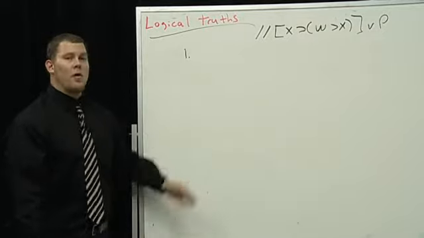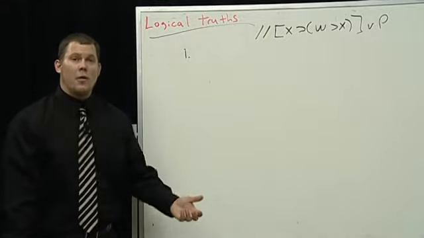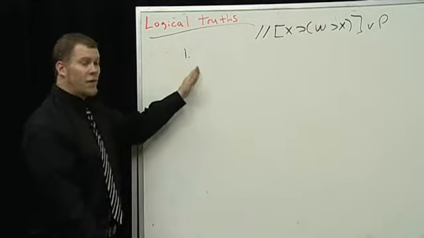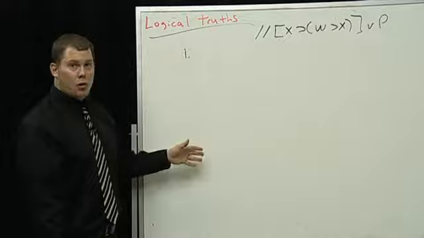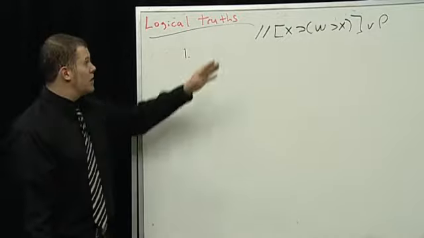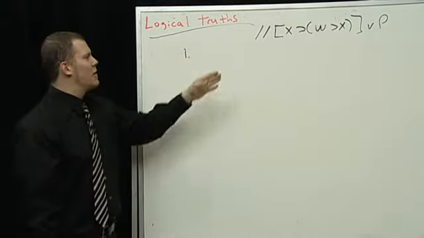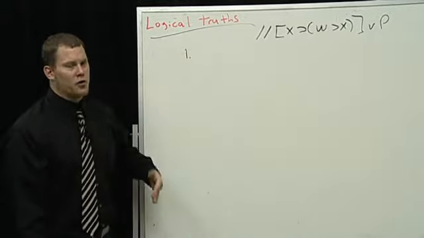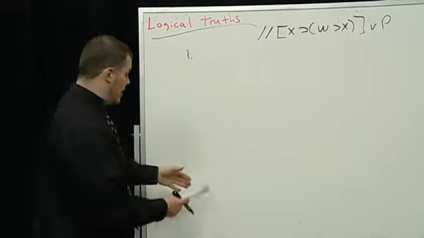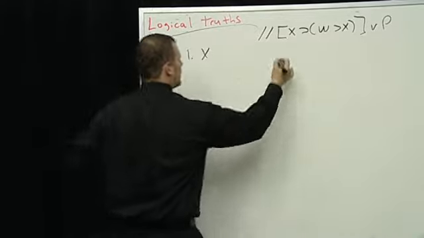But how are we going to do this if we don't have any premises? Well, we're going to have to use either indirect proof or conditional proof on our first line. We have no other choice because I don't have any premises to work with. So I'm going to have to assume something. Since we're looking at a conditional statement, you can probably guess that we want to start by assuming a conditional proof. And that's exactly what we're going to do. So at 1, we will assume X